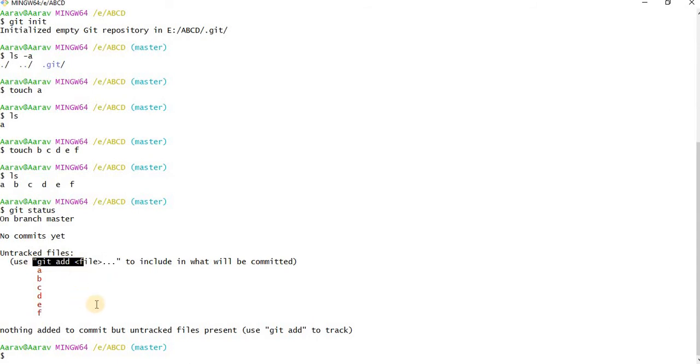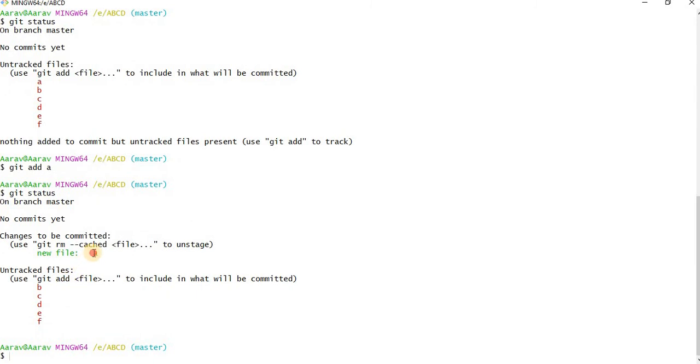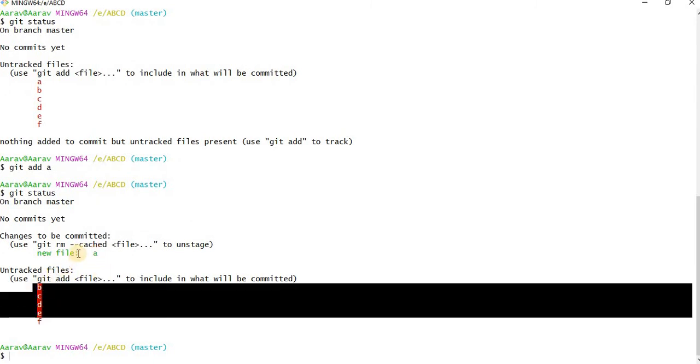Let us execute it for only file A. Git add A. Now just check git status again. See, now you can see A in a green line, and all the rest in red, because we have added it to the staging area.